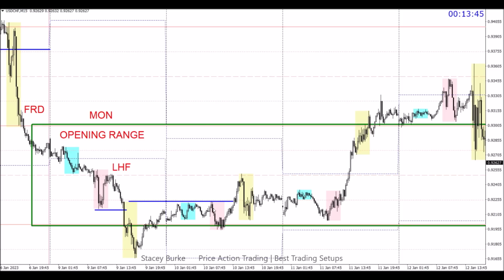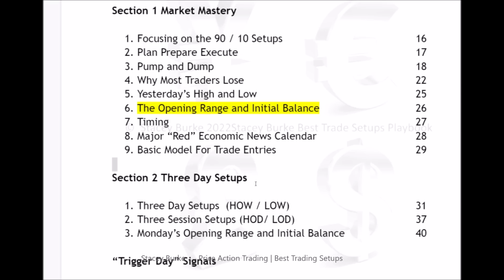Now, Monday, Tuesday form the initial balance. The initial balance is where, 80% of the time, one of those extremes will typically tend to hold as the high or low of the week, meaning that once we have our high and low established and Monday, Tuesday have traded, there's our box. And that now gives us a thesis for day 1, day 2, day 3, low of the week or high of the week opportunities, our first red day, and depending on the type of template,